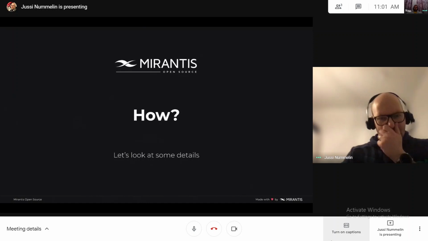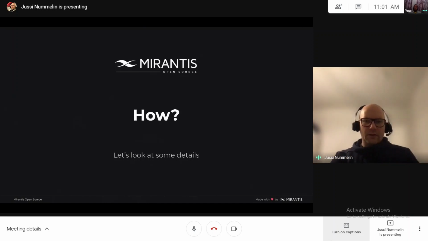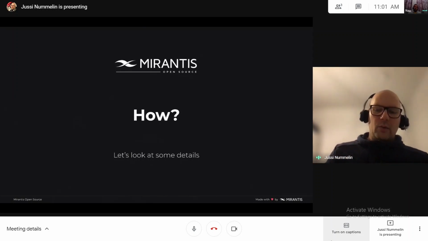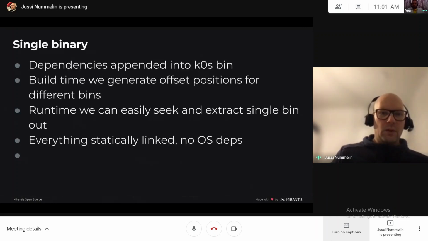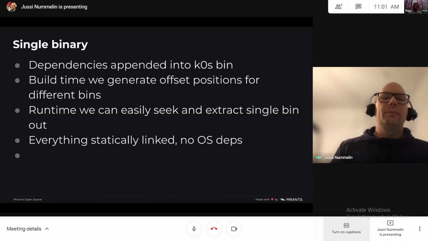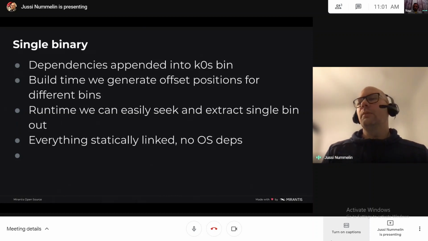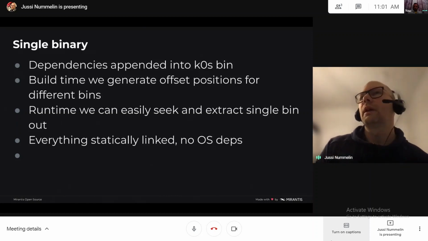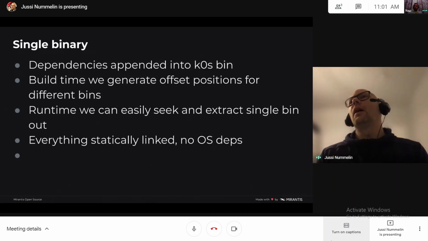Okay, let's dive into some of the details of how we actually implement it before we dive into the live demo. So, single binary again. How we actually do it is that when we build k0s, we build the binary as a temp file first.